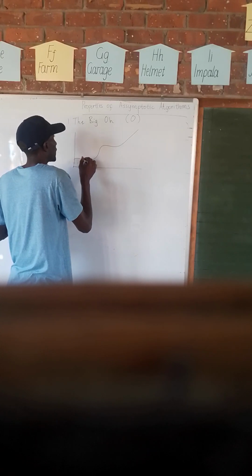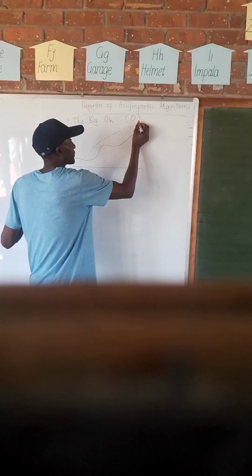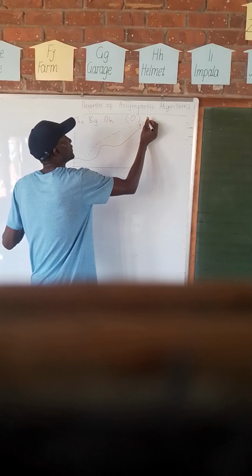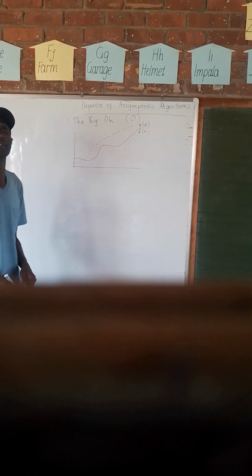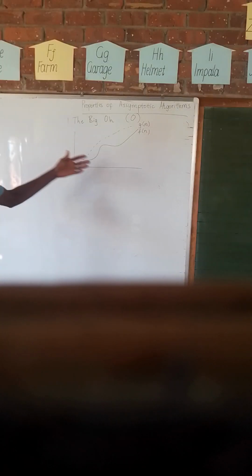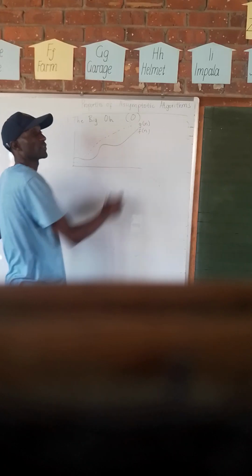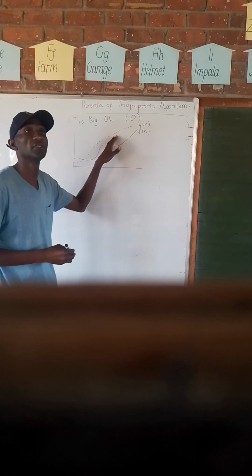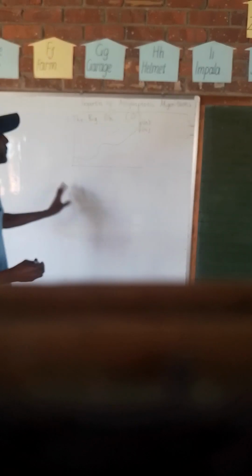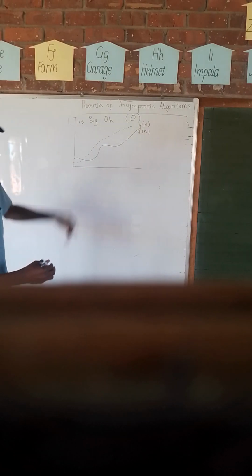Remember, the big O notation reflects the upper bound of a given algorithm. So this g of n is standing in for the bound of that particular graph which you are given. So in this case, this is the big O. The big O represents the